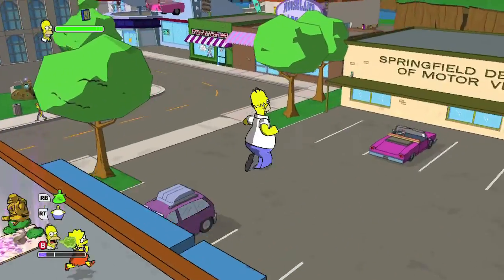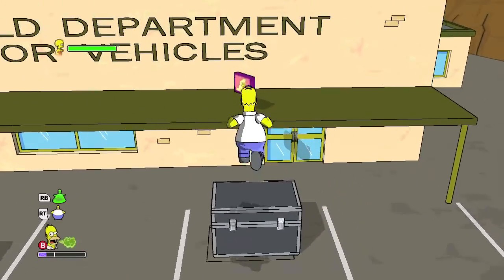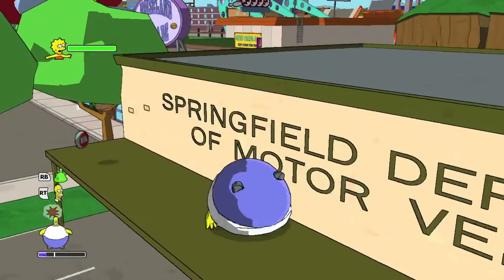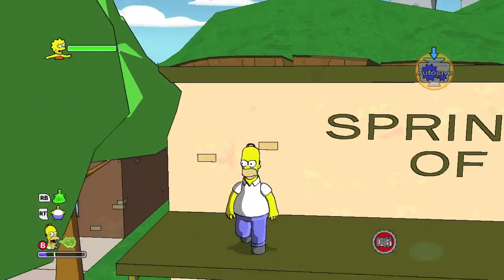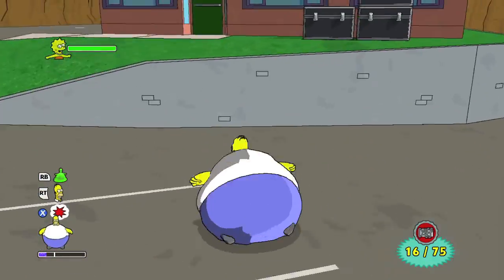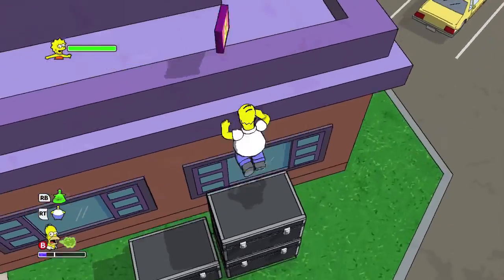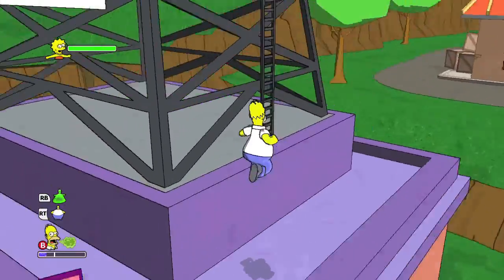Switch back to Homer, and you can grab any of these in any order you choose, but the DMV is going to be the easiest since it's just 2 jumps to get up here using the box. There's also one behind the DMV, but we'll get to that in a bit. And you need to climb up the radio station, I think, twice, because you need to drop down and get